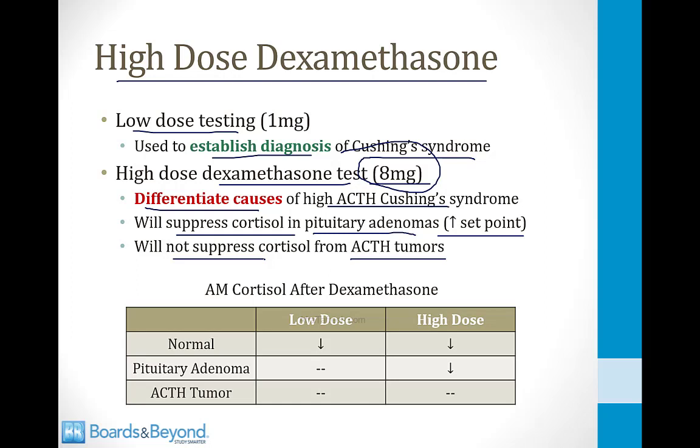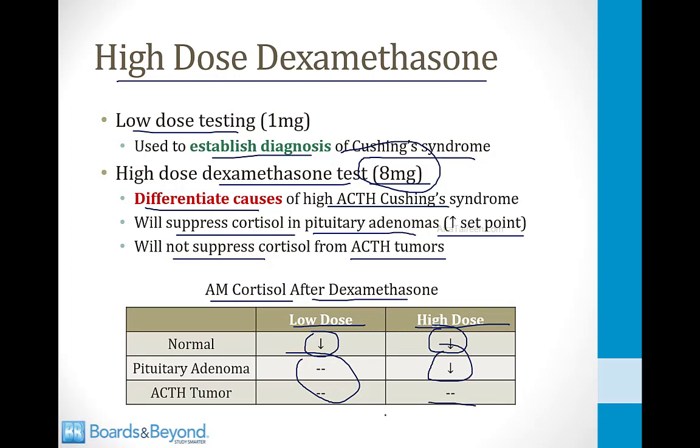and therefore you will not see the cortisol ever decline after giving a high dose. So on the bottom of the screen here, I've shown a table where I've summarized the morning cortisol response after administering dexamethasone. When you give the low dose, normally the morning cortisol level will fall. If the patient has a pituitary adenoma or an ACTH secreting tumor, the level will not fall. When you administer a high dose, the level will fall if the patient is normal, of course. The level will also fall if there's a pituitary adenoma,